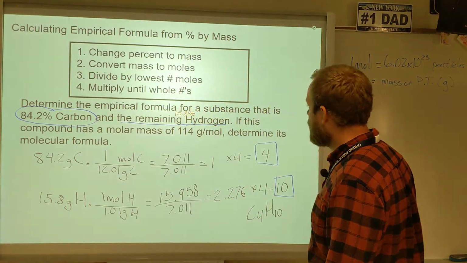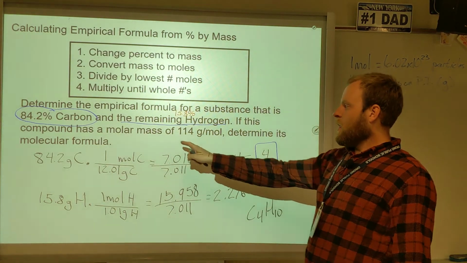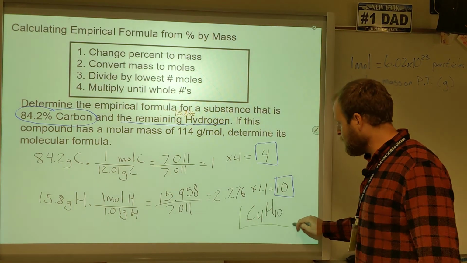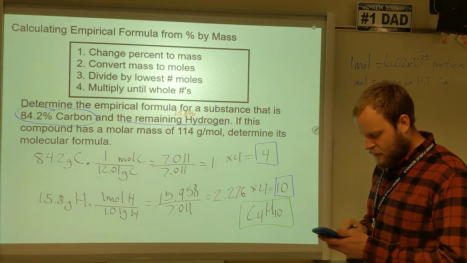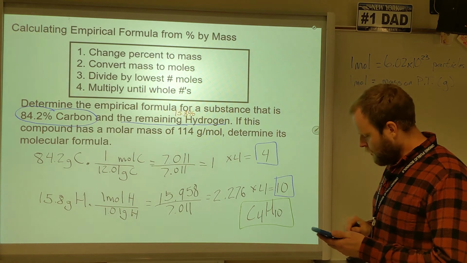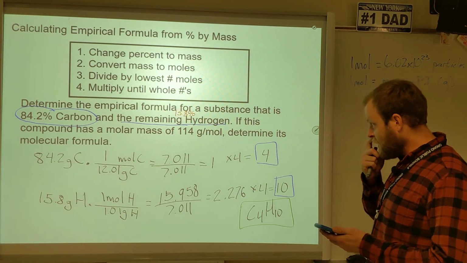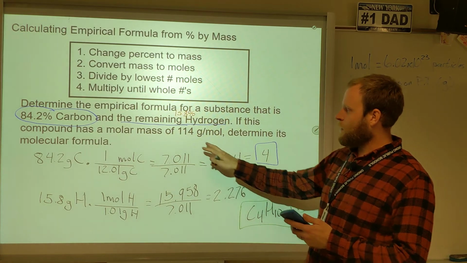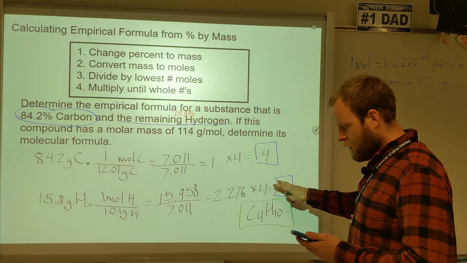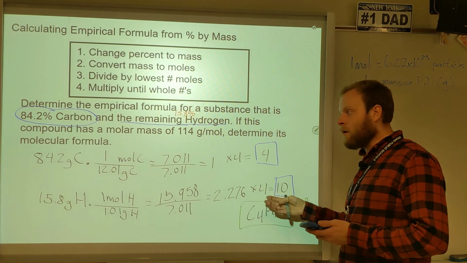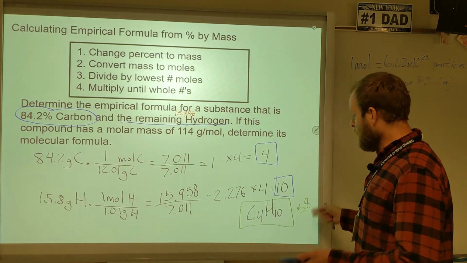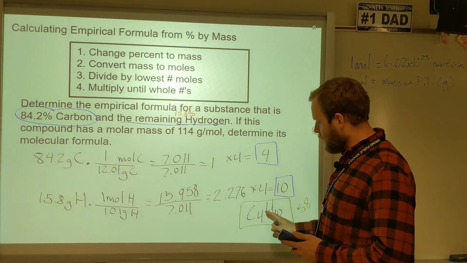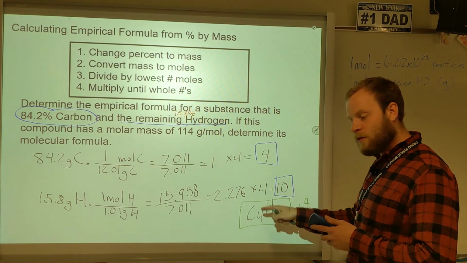Great? Great. Now it says our molar mass is supposed to be 114. So we need to check that. You take this puppy, see what its molar mass is. 4 times 12 plus 10 is 58. Hey, look, that's almost half of 114, right? I mean, there's some rounding errors happening here, but it's basically half. So what you do then is you double everything to get the molecular formula. So this is the empirical formula. It's the lowest